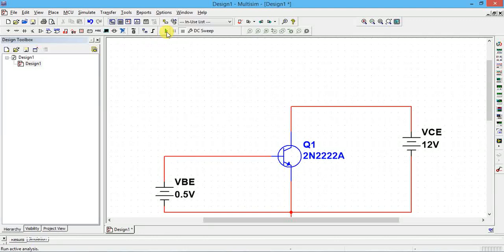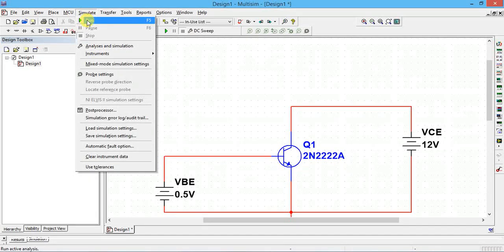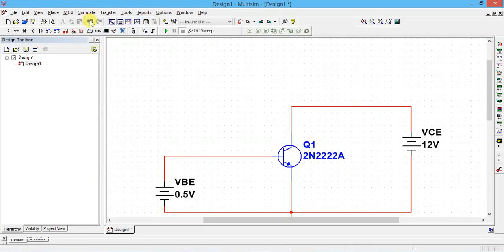So now there is a run button, a green color button. This is the run button, or you can also go to simulate and run. Both are correct. So now I'm clicking run. Now automatically the tool will simulate for the given values and it will give the output. So it should match with yours. It is taking some time.